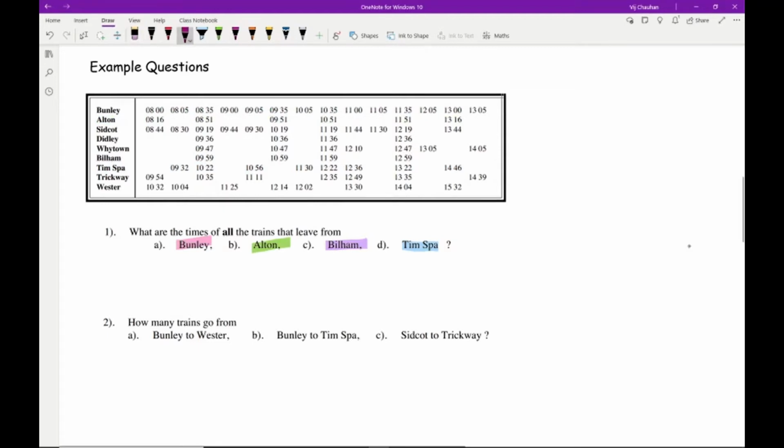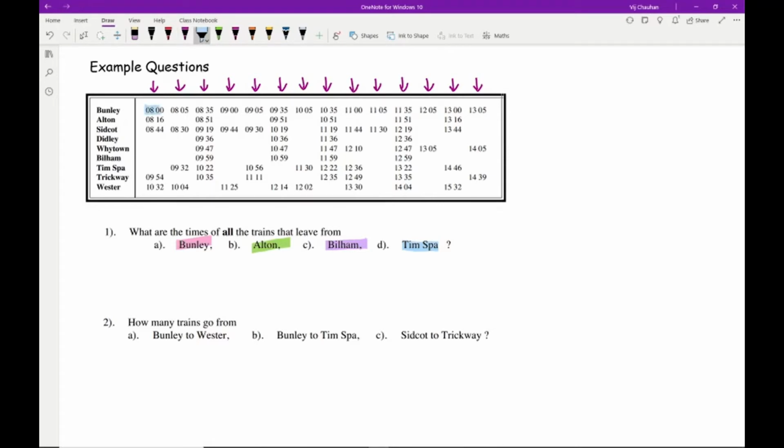Now remember that the columns represent the trains, so that's the 4th train, 5, 6, 7, 8, 9, 10, 11, 12, 13 and 14. So we've got 14 trains altogether, and I'm looking for how many trains have I got a time for Burnley, I should say, to Wester. And apologies if I said Burnley before, I'm guessing copyright issues for this. So Burnley to Wester, so I'm looking for trains that have got Burnley